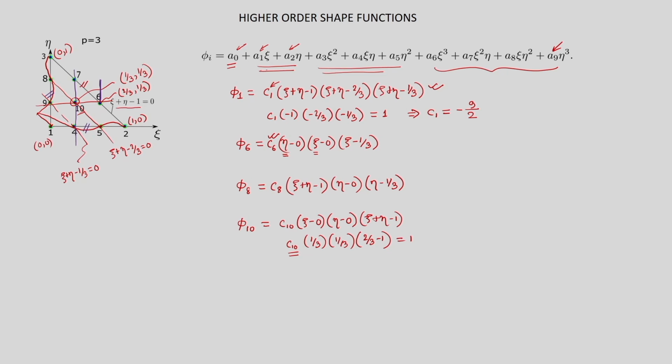So, it implies that as we go for higher degree polynomials, our matrix size, even the element stiffness matrix and the element force vector, becomes larger. So, we need more and more resources to store those matrices and operate with those matrices. So, following this strategy, we can define all other shape functions for p equal to 4 and higher order.